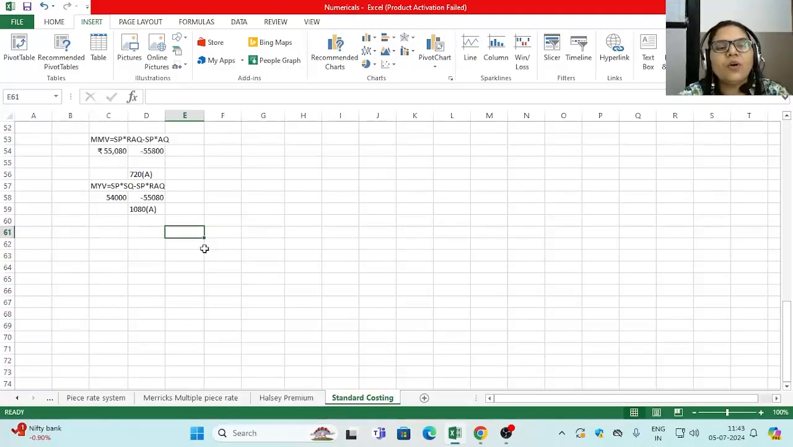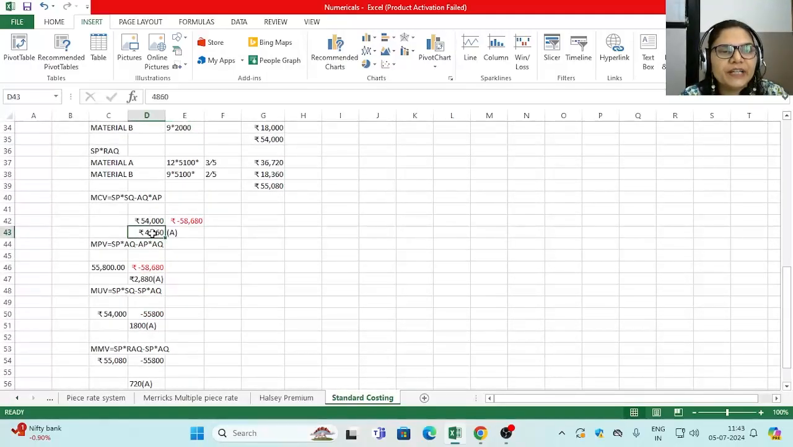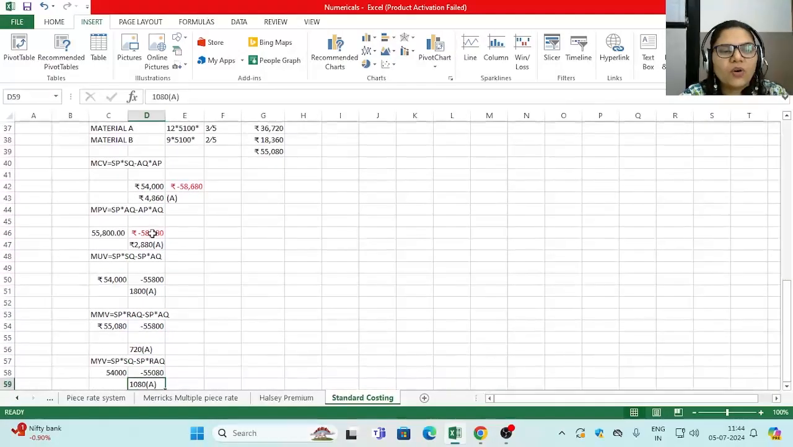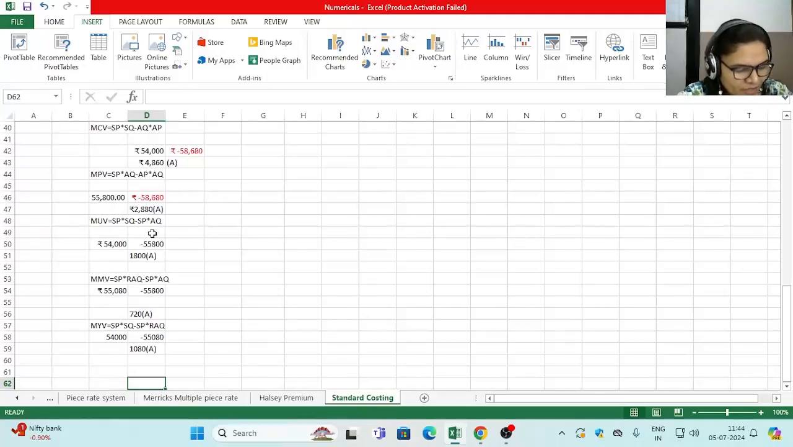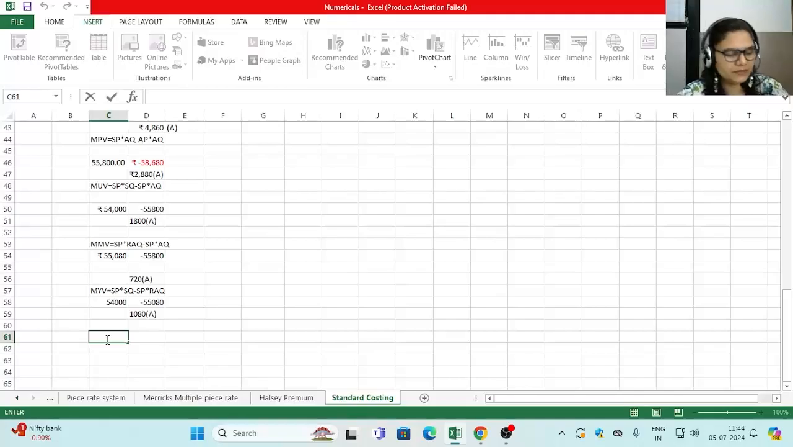Now you can see in all these questions, in all these solutions, all the variances are adverse. Adverse in the sense they all are unfavorable variance. Now you can verify your answer. As I have discussed in the previous session, you can verify your answer with the help of an equation like MUV, which comes out to be material cost variance. We know 4680 adverse,